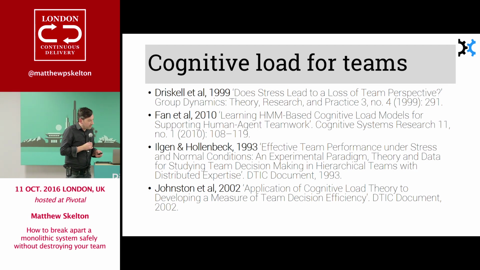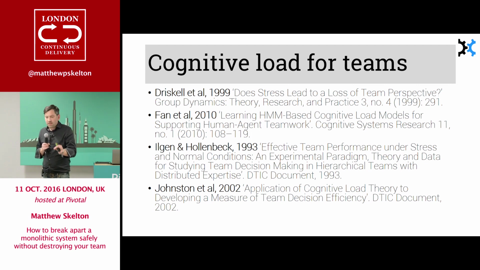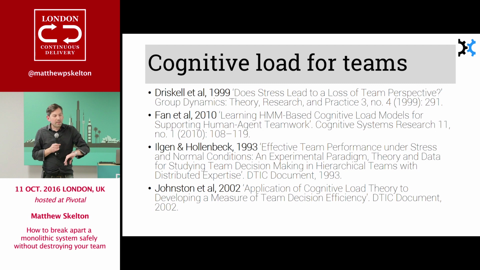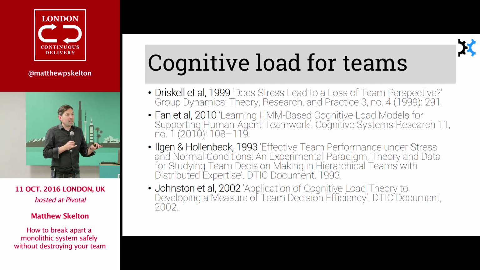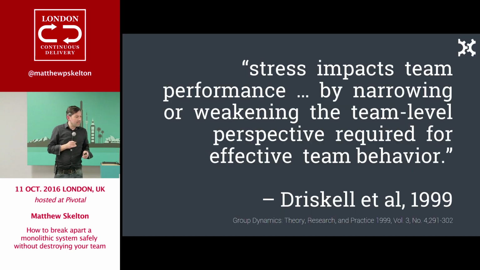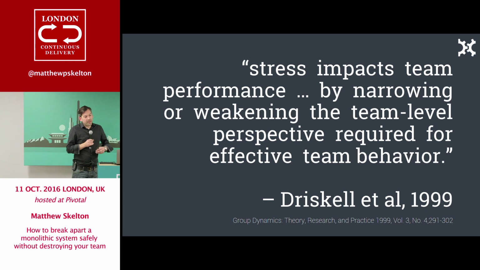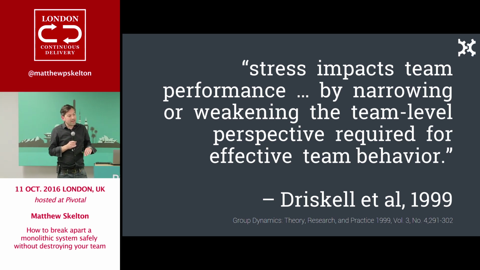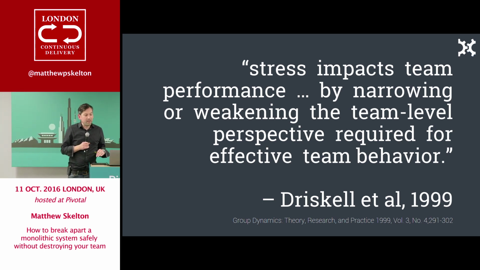Two of these papers are from the US military, two are not. The point is that people have studied the effect of stress and cognitive load on teams and how teams perform under stress and under increased cognitive load. And these are peer-reviewed and what have you. The point here is that we're starting to characterize what happens to teams when they've taken on too much, in effect. And what pops out is that stress impacts team performance by narrowing or weakening the team-level perspective required for